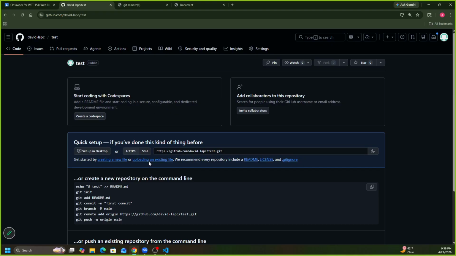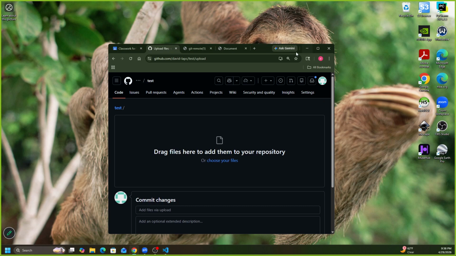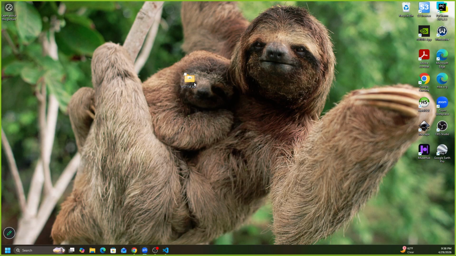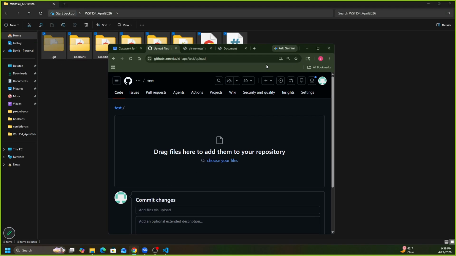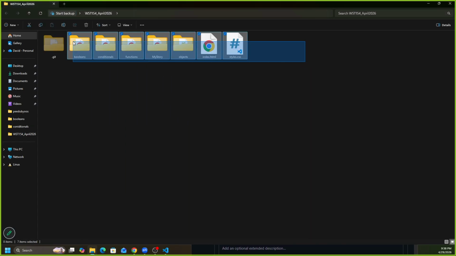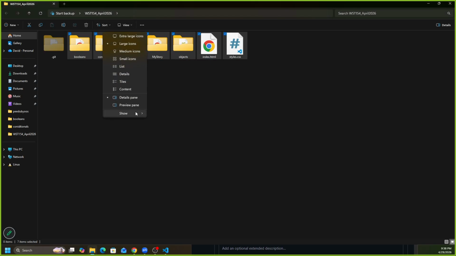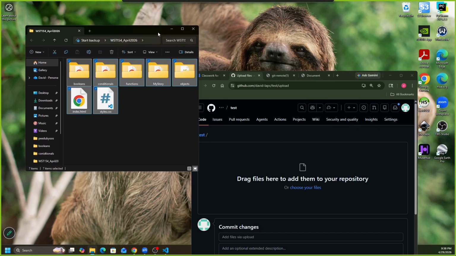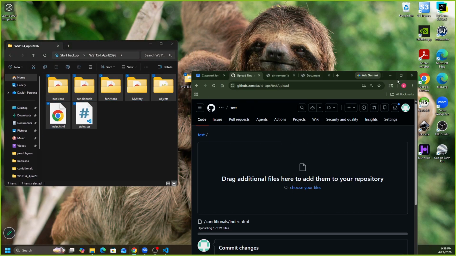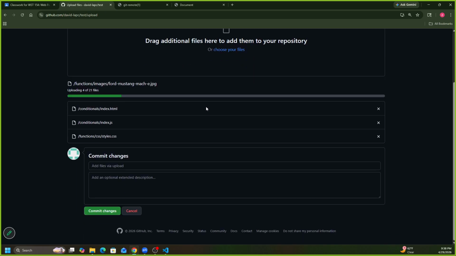But if you do it this way, where you upload, there's still a way to make it a Git project. So this one I'll upload. I'll take all of this stuff, except for that Git folder. Let's keep that hidden. View show. Let's not see the hidden folder. If I do it this way, which is how most of you are gonna do it, I think,